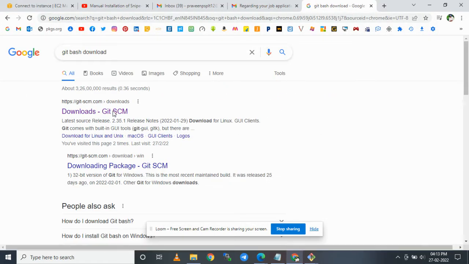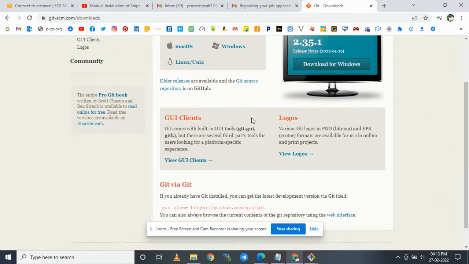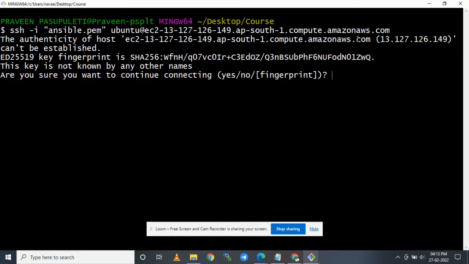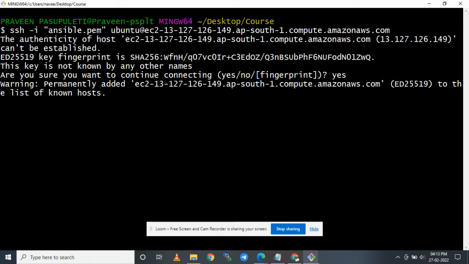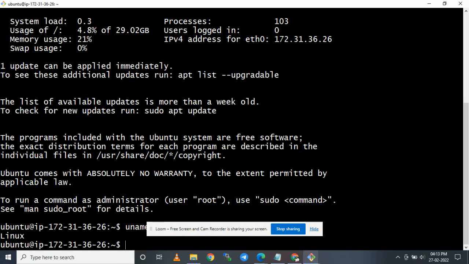Go to the official site. There we have Windows, Mac, Linux, Unix software. Download it. Now it is connected. Let's see. Yes.